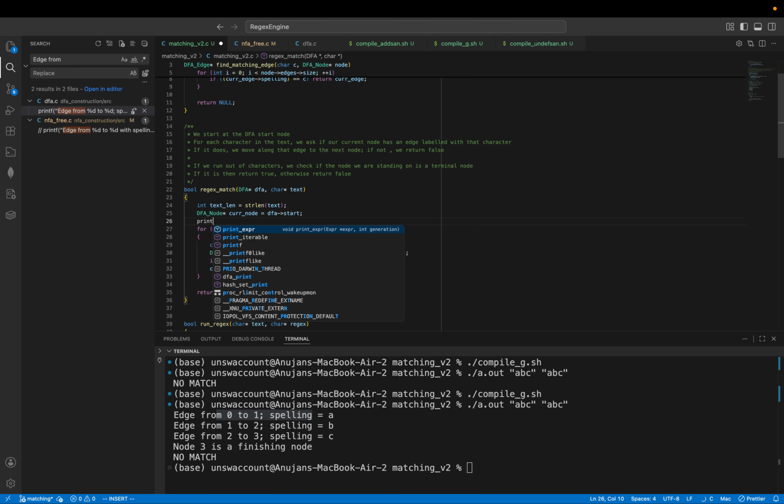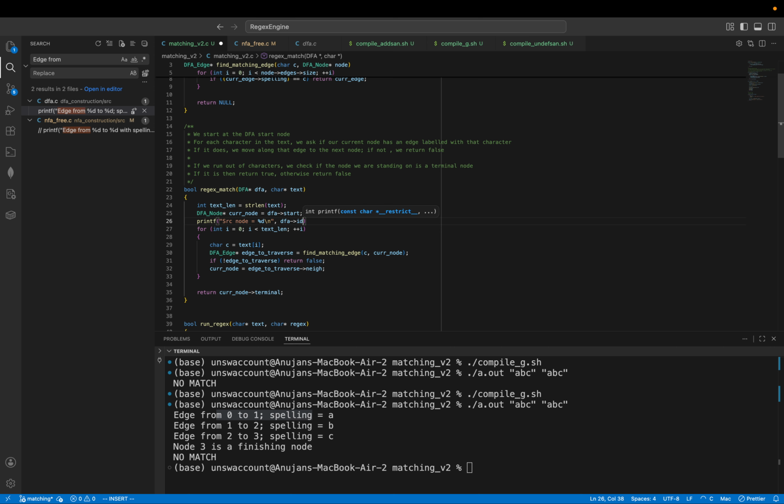So, source node is equal to %d, which is the DFA ID. Nope, start ID. I can call it current node actually. Let me see the current node. Have I done something really silly? And then